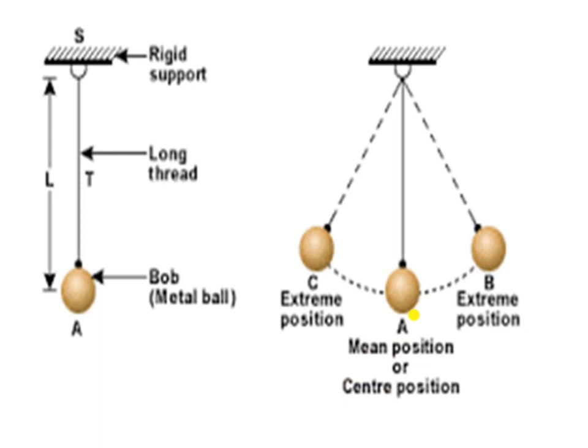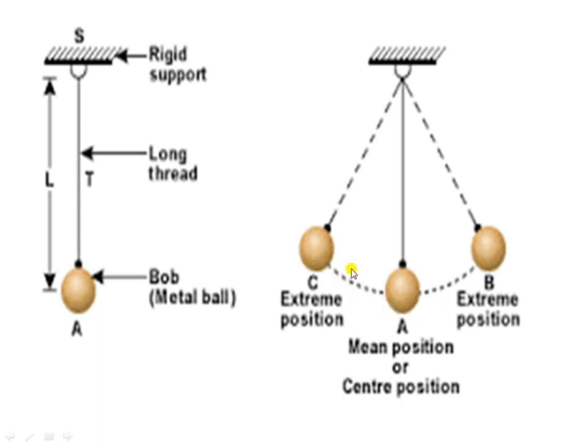When it swings, the bob moves along an arc. It moves from A to B, then from B back to A, and then again from A to C and C to A. So B is an extreme position, C is the other extreme position, and the rest position, the mean position, is A. The movement of the bob to and away from its mean position: from A to B and B to A, then A to C and C to A.